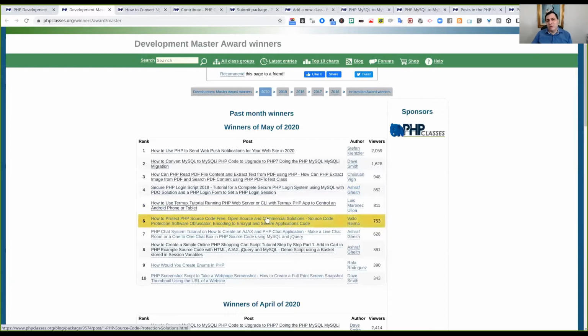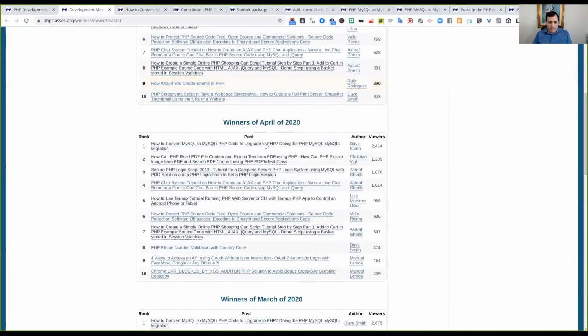We want to give more exposure to developers that have written packages and tutorials about those packages. And here you can see the title of the article, the name of the author, and the number of viewers. These are distinct viewers that have seen the article throughout the month. Then you can see also other past months,